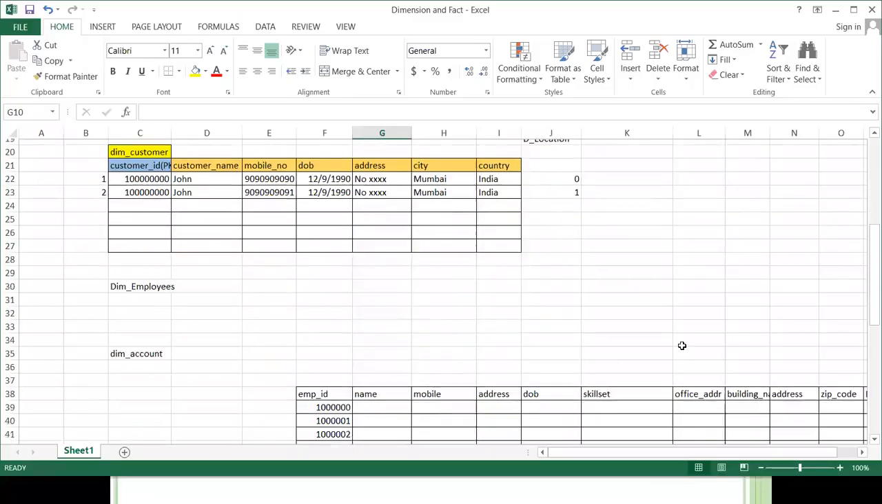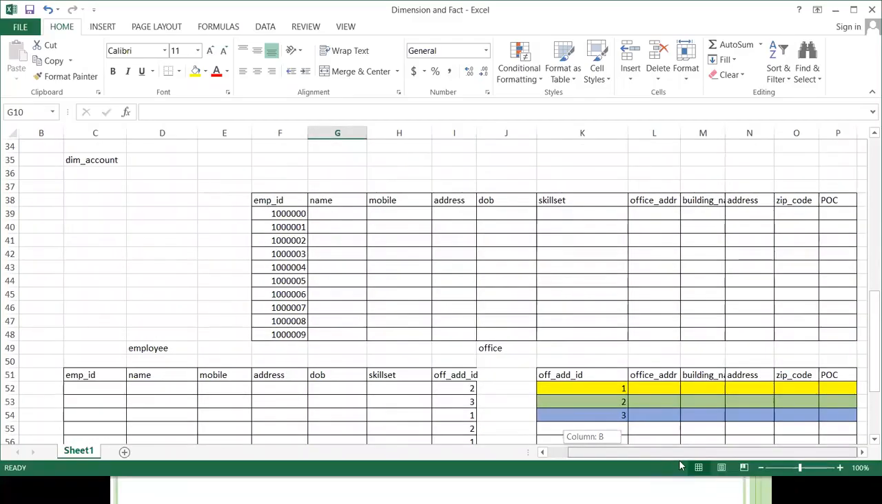normalization. Look at here. Say I'm keeping my employee details here. I have the employee ID, first name, last name, everything I have here, right? I have these details from office address, billing address, POC, and everything is nothing but our